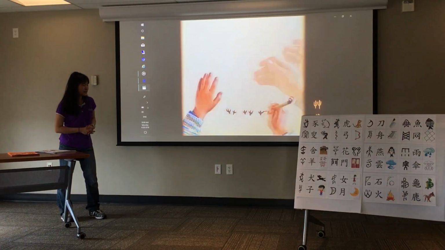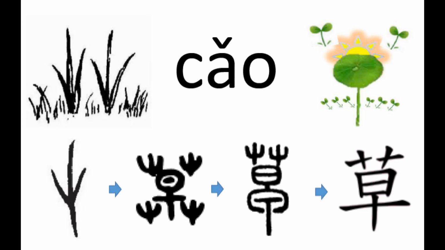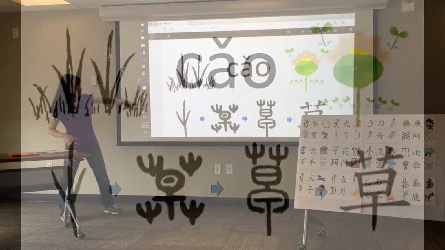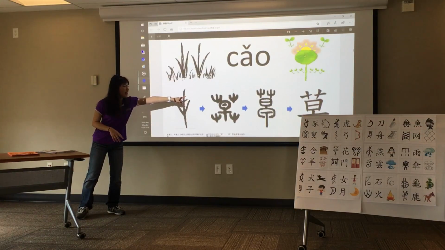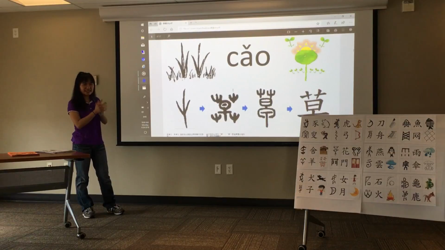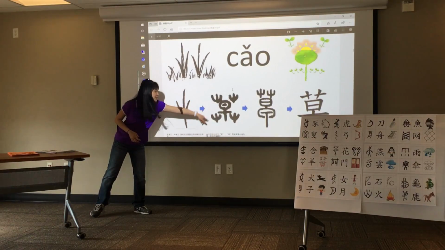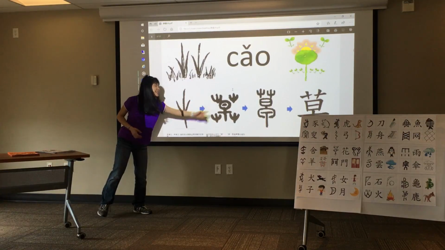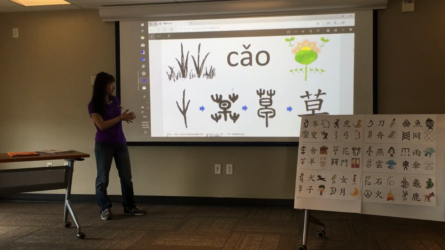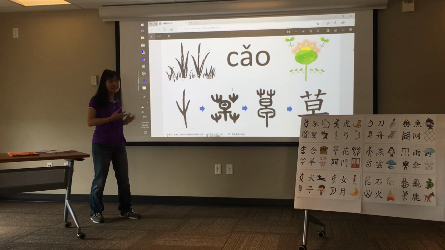草，我来写。 What's this? This is grass. Yes, this is grass. So how the word for grass came about was this is just one single stalk of grass. And over time, maybe someone thought that grass isn't just one stalk. If you know grass, it pops up all over the place. So they drew out 4 stalks of grass. In the middle, that's the sun, right? Because the sun is needed to support the grass. So at the very end, that's the word for grass that we're using today.